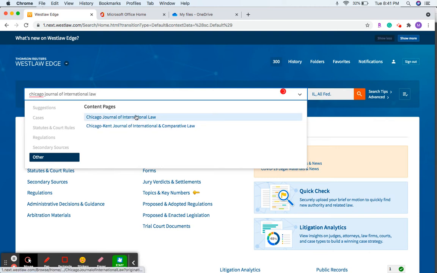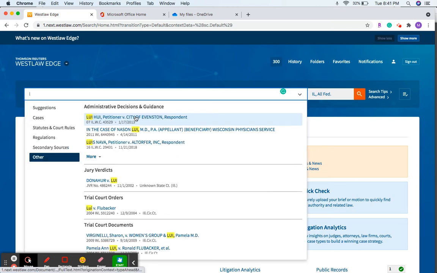Okay, and then you choose that. So take a second before you go on with this lecture to try to pull up some of these sources by name. Do the New York Times, do something else you can think of, and see if you can find it. You can even do something like